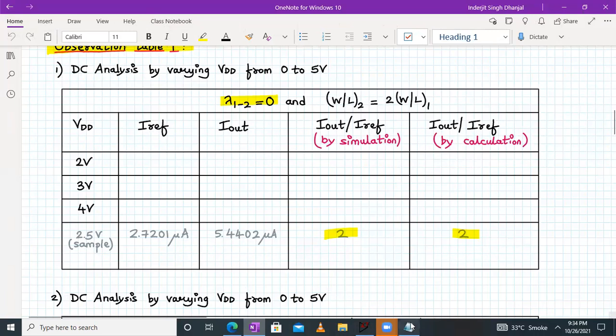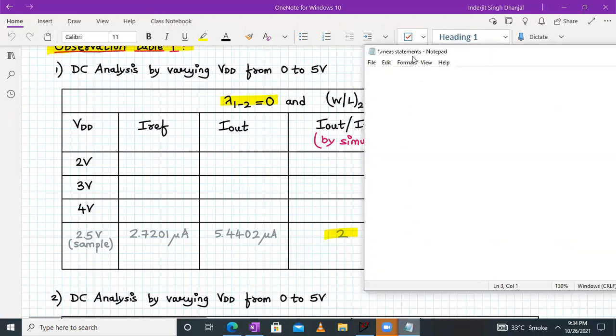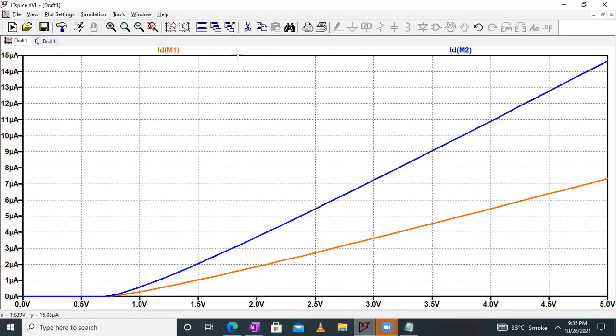So what is the dot measure statement for that? We will write over here. Let me expand it a little. So we'll write dot measure, and let's say the variable name is I reference A, and we will find what that I reference is. Basically, I reference is the current flowing through the M1 transistor, correct? So if you see over here, the current flowing through the M1 transistor is ID of M1. So we'll give exactly that name over here.